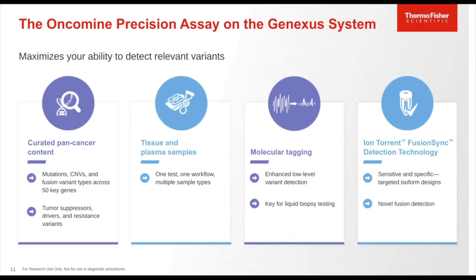There's only a single test, one workflow with multiple sample types. So you can use the same kit and assay for solid tumor or for testing the plasma samples. It utilizes the molecular tagging approach, which is actually required for enhanced low-level variant detection as a key point for liquid biopsy testing. So it utilizes the UMI tags based on AmpliSeq HD chemistry to get to low levels of